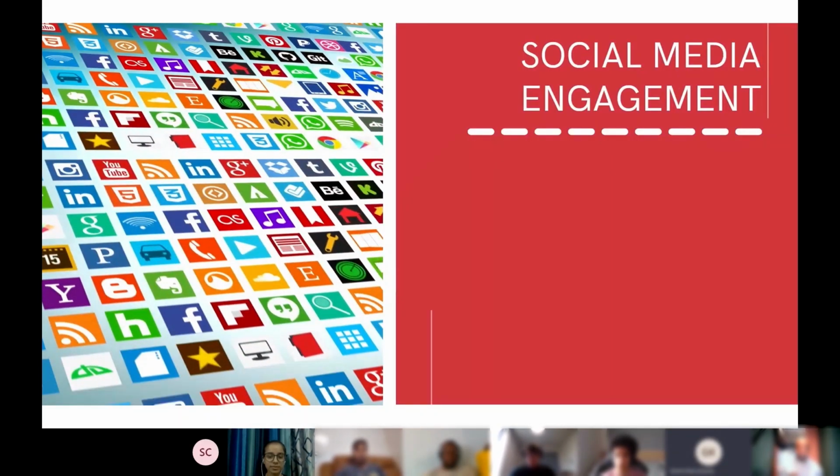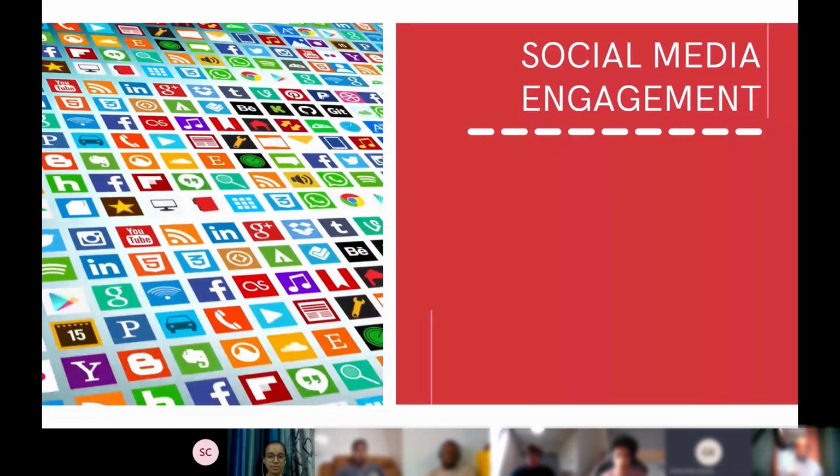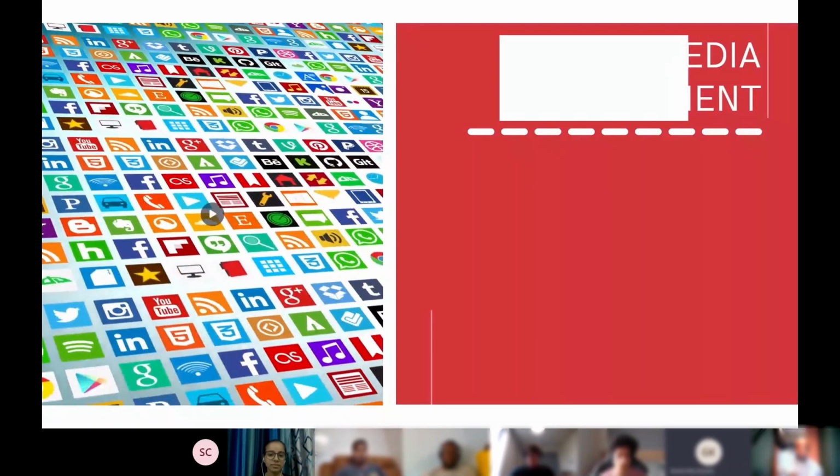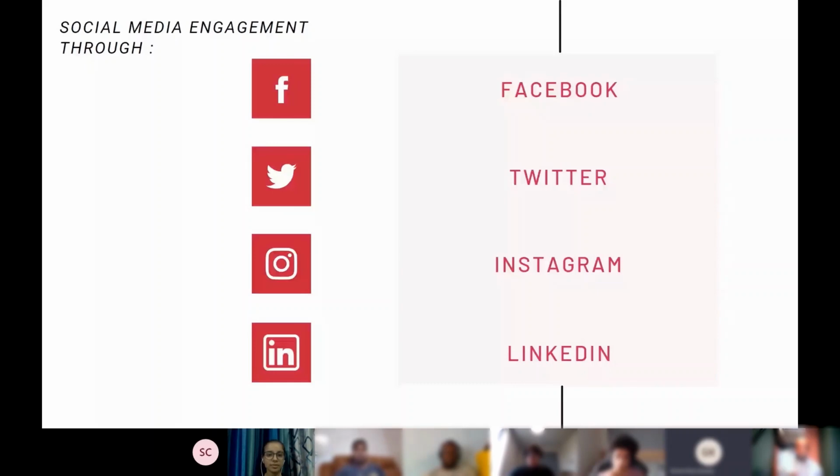Second one, social media engagement. When we talk about social media engagement, there are several things that could be done. Like we have many platforms: Facebook, Twitter, Instagram, and LinkedIn nowadays. Customers could be kept in the spotlight, and we could also create memes, education memes that can engage many of the users. We can also do social polls for people to know their needs and what the users are demanding or what they want to learn.